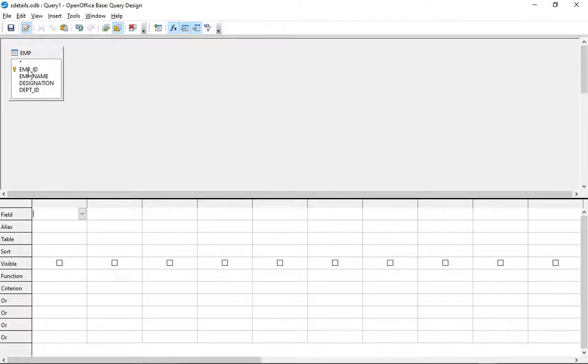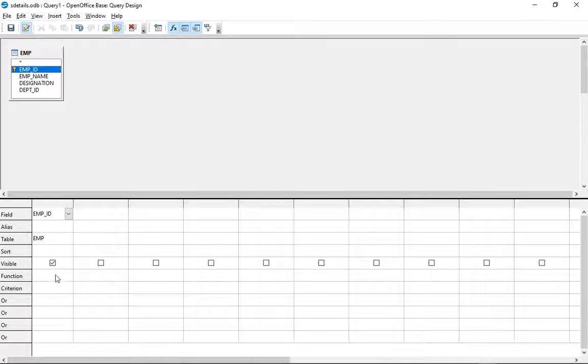So how can I do that? Here in these fields you have to give the columns which you want to display. You can do that in two ways. Either by double clicking that, it will automatically come here. So that means employee ID will be displaying from table employee. And in the second column, we need employee name.